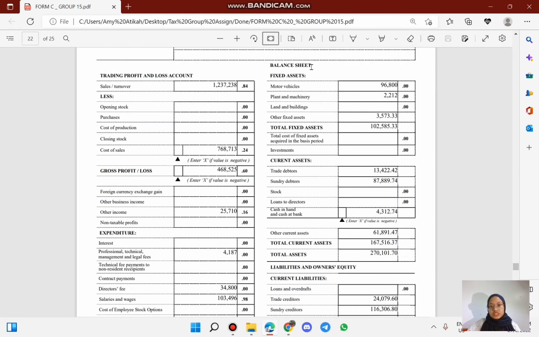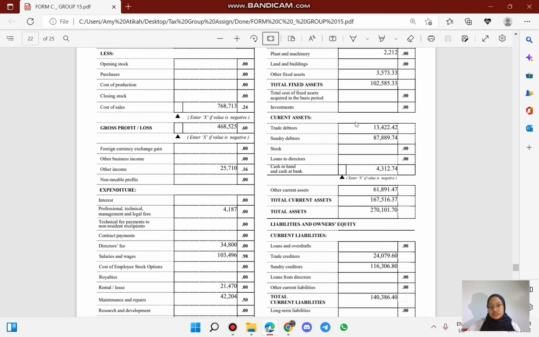Okay, next we move on with balance sheet. For example, fixed asset, the amount of motor vehicle, plant and machinery, and other fixed assets which are computer, and the total we have to add up all these three in order to get total fixed asset. As for current asset, trade debtors, sundry debtors, cash in hand and cash at bank, we have and other current asset. We have to add all these current asset to get total current asset. And in order to get the total asset, we have to the total fixed asset add with total current asset